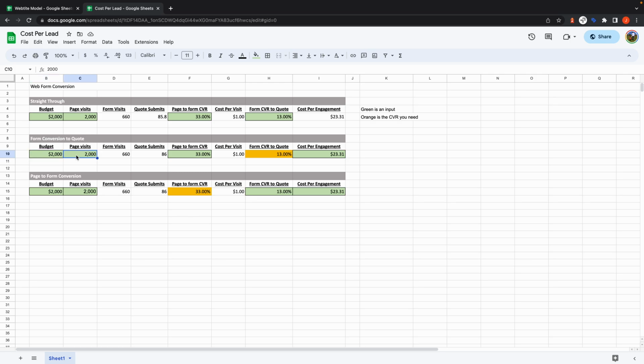So let's say I actually decrease my page visits on this form conversion to quote scenario. You're going to notice that, hey, holding this cost equal, I need to now get a 26% conversion rate on the form to the quote, and I'll do the same here. You'll notice that now I need to get this to convert at 66%. So super helpful tool just to run some scenarios based on what you think might happen based on an overall